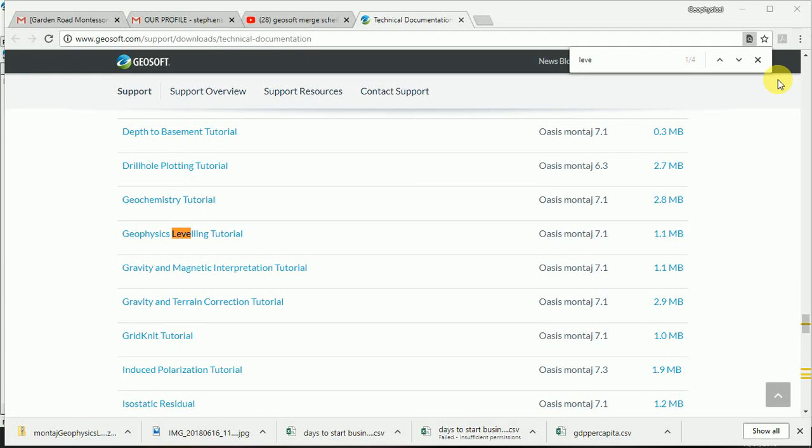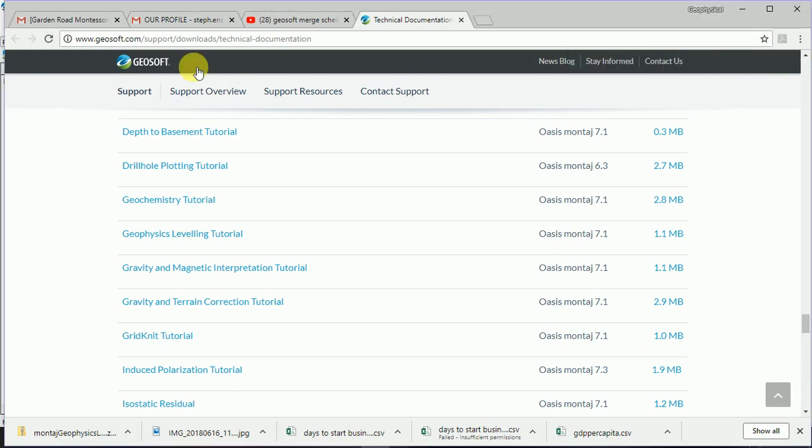So in terms of the help offered by Geosoft, they're definitely starting to do more video tutorials, but one of their strongest points is that they have phenomenal PDF tutorials. You've just got to know where to find it. And so the website here is